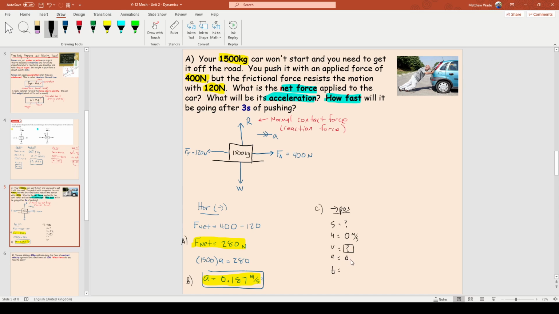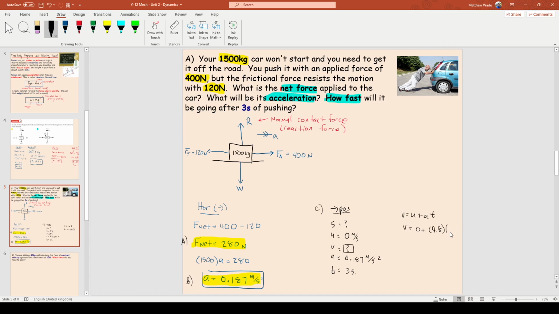Yep, 0.187 meters per second squared. And do we know how long? Yep, 3 seconds. So we want the one that hasn't got s in it, which is v equals u plus at. Cool? So v equals 0 plus 9.8 times,